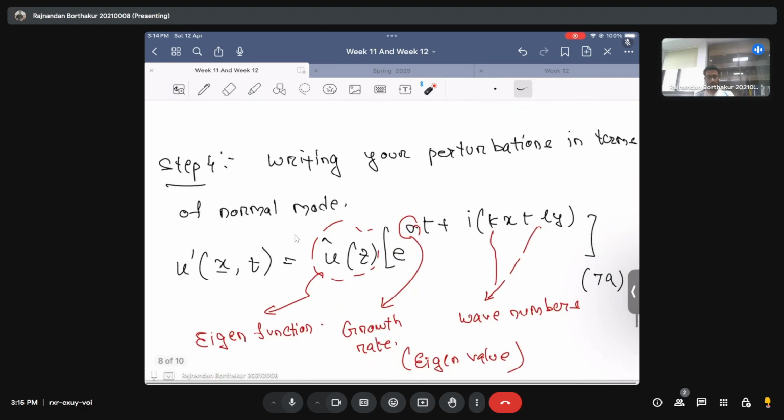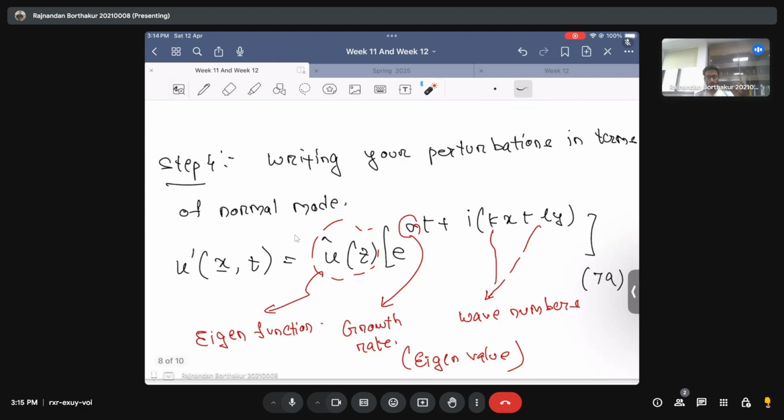Okay, now thereafter we did one even more important analysis, which is writing the perturbations, that is writing the perturbed variable, for instance the x direction velocity, the y direction velocity, I'm sorry, the z direction velocity, and the pressure in terms of its normal mode. Okay, for instance, the x direction velocity u prime can be written as u hat of z times e power sigma t plus I times kx plus ly,